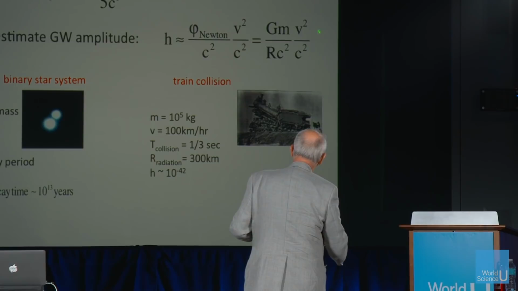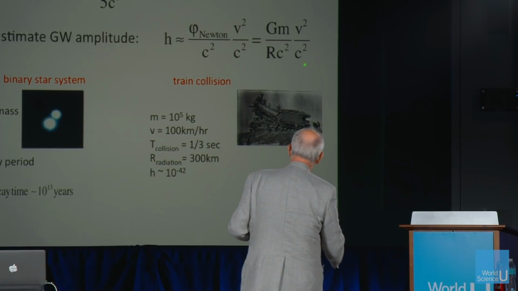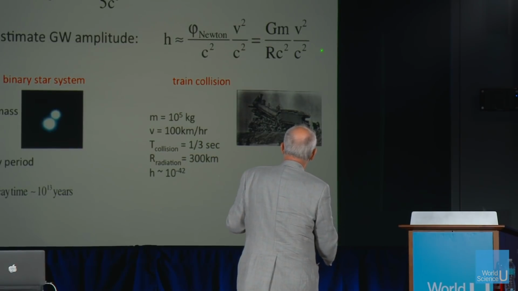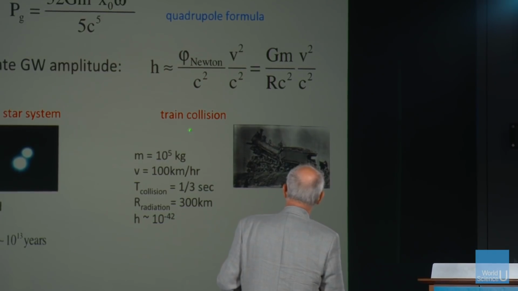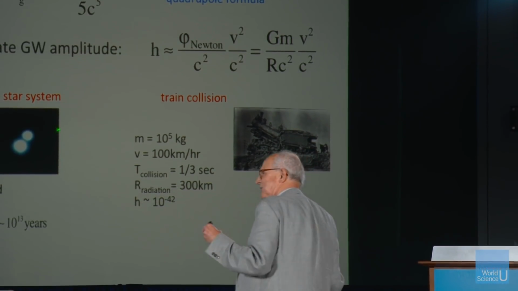And this ratio of the velocity of the source squared to the velocity of light squared is the thing that is doing the radiating effect. Okay? So I've taken some examples. And that's the thing that Einstein, who loved trains, as you probably know when you read Einstein's history, a lot of his Gedanken experiments involve trains. Let's do this now.